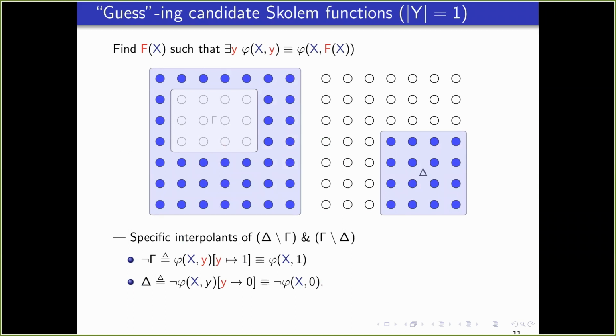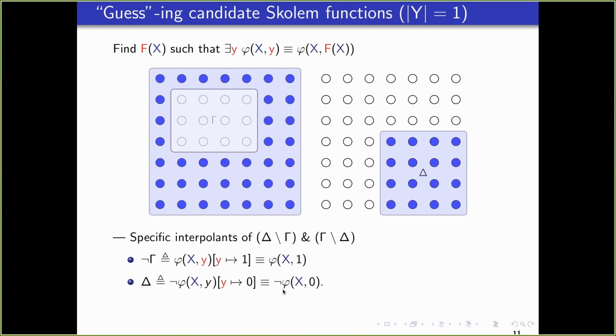It turns out that there are some specific interpolants which are very easy to calculate. One specific interpolant is you just exclude the entire gamma. Remember, gamma was the set where I couldn't set it to 1. So I say, I'll set it to 1 everywhere outside gamma. This turns out to be an easy interpolant. Or remember, we had said that delta was the set where I couldn't set it to 0. So I can say let's just set it to 1 over here, and it's set to 0 everywhere outside. So there are these simple interpolants that I can calculate, which is: take the formula, set the y variable to 1, or take the formula, set the y variable to 0 and negate it.